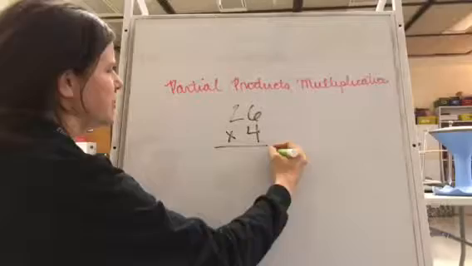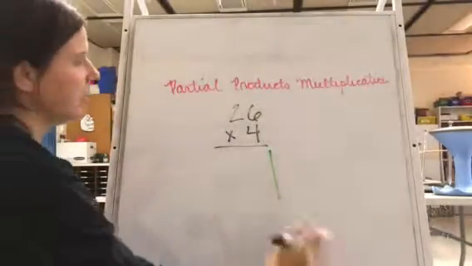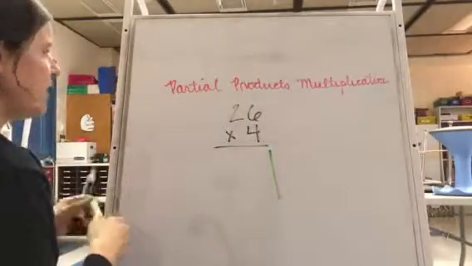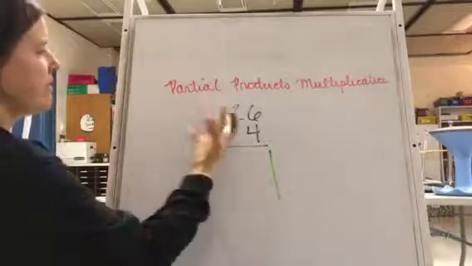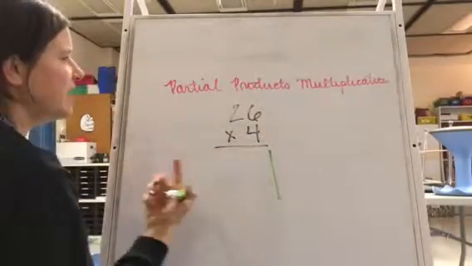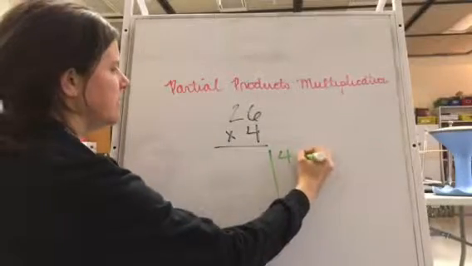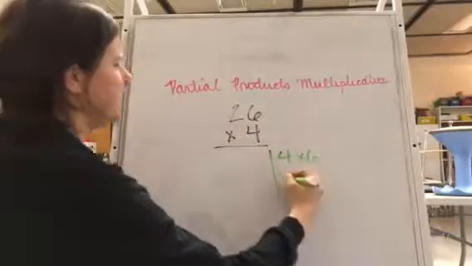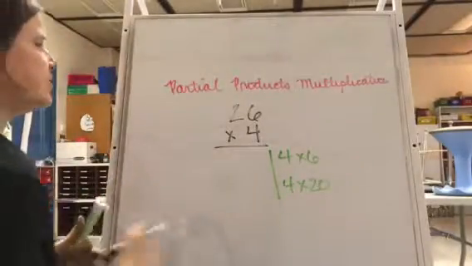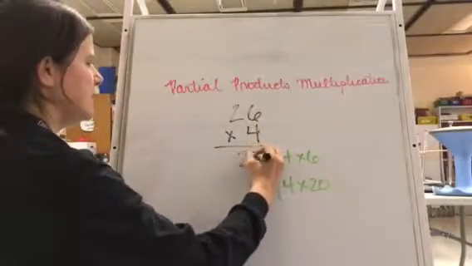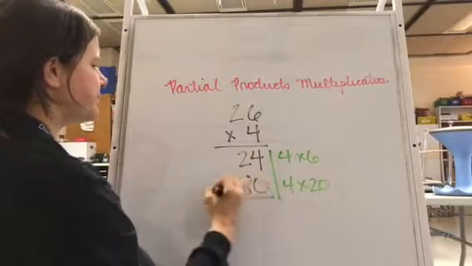What I would encourage students to do, if this is giving them trouble, is create a sidebar area where they'll keep track of all of the solutions that all together will give them their final product. So in order to find out what 26 times 4 is, I can think of it as 4 times 6, and then 4 times 20, all added together. So 4 times 6 is 24, 4 times 20 is 80,